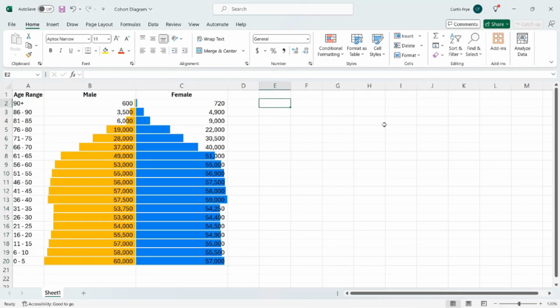So again, what I've done is I've created a cohort diagram using the data bar conditional format. Anything for female on the right is pointing away from the center going to the right, and anything for men is pointing away from the center to the left. This type of chart is very useful if you are graphing population data, and that was the intention that I had when I created this